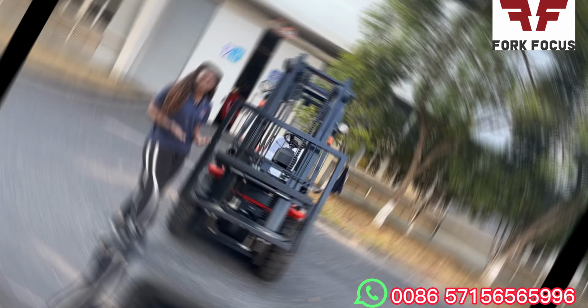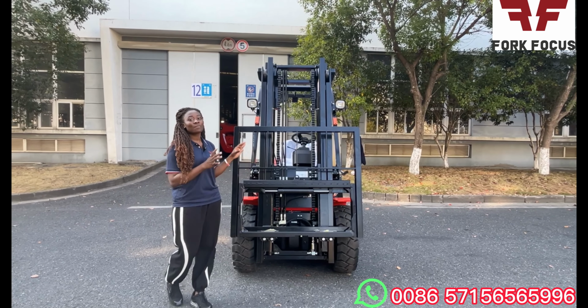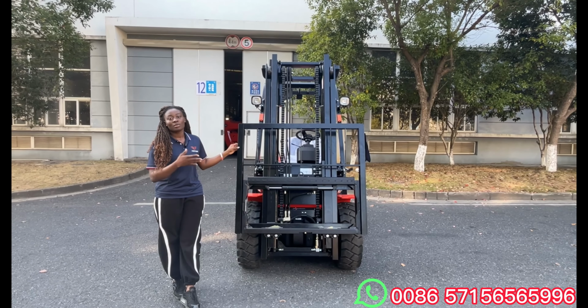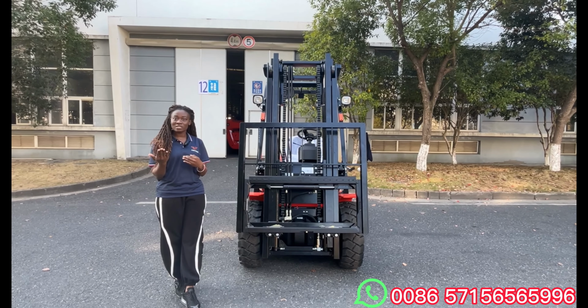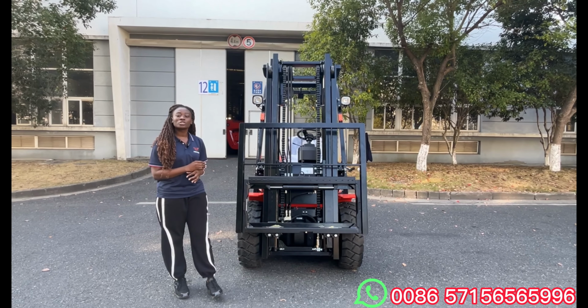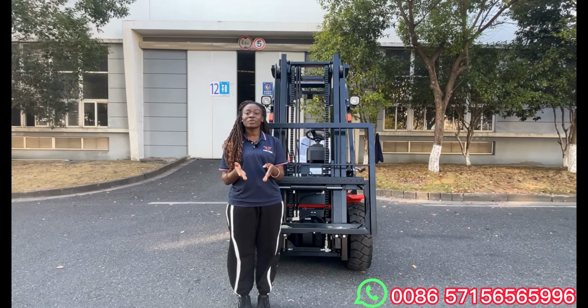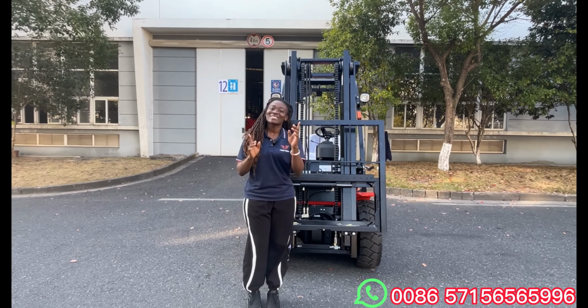But forklift models are designed differently, and not all forklifts have the parts I mentioned earlier on. Some of the forklifts might have options like the side shifters, or some might not have it. So to know the exact forklift you need for your operations or your working conditions, please do contact